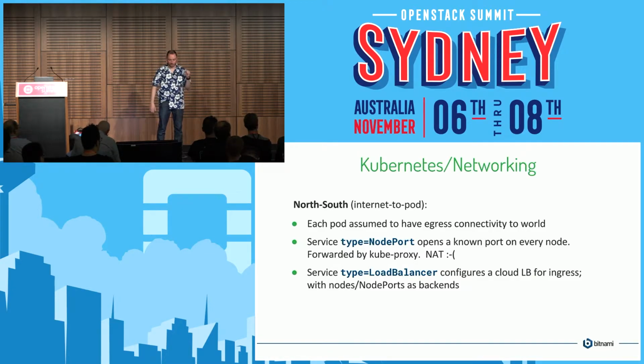For ingress, there are two types of service. One is a NodePort service. This opens a port on every node in your cluster, and the same port. So I might have a service that I call MySQL, and I say it's type equals NodePort. Kubernetes will then go and allocate a port, and it's from a high range that's not going to conflict with other things. So I might end up with port 30,027. And so then I can connect to port 30,027 on any of my hosts, and the kube-proxy on that host will catch that port and forward it off to where a healthy MySQL is running right now.